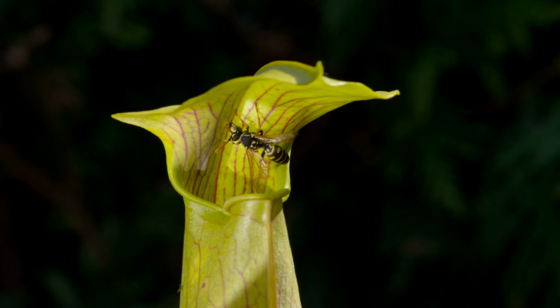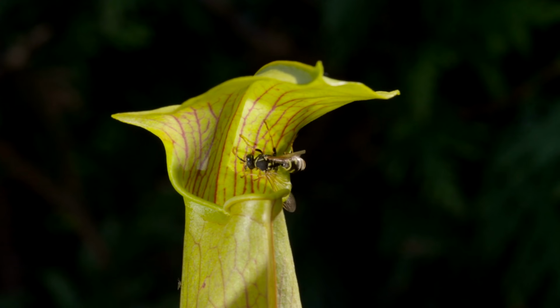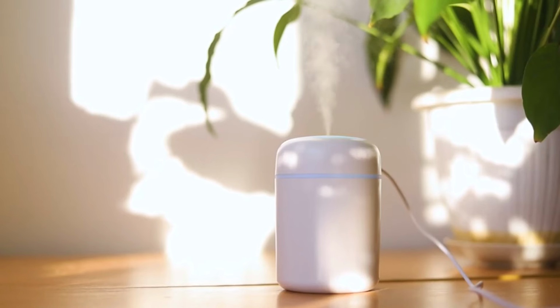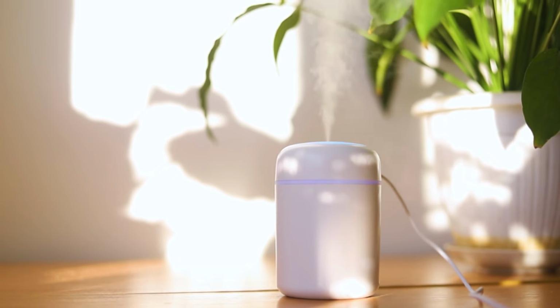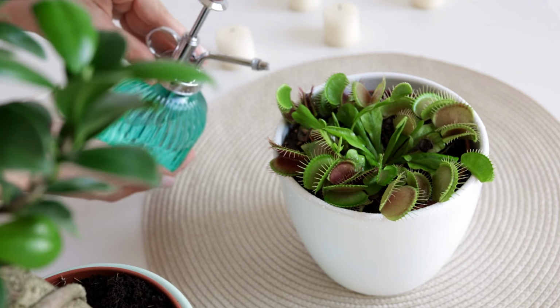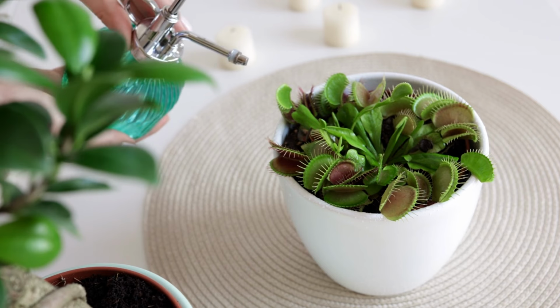Place a humidity tray filled with water under the plant's pot, ensuring the pot is elevated above the water to prevent root rot. Alternatively, use a room humidifier to maintain humidity levels, or mist the plants daily if kept in open air. For advanced care of carnivorous plants, understanding their dormancy period is crucial, particularly for Venus flytraps and some